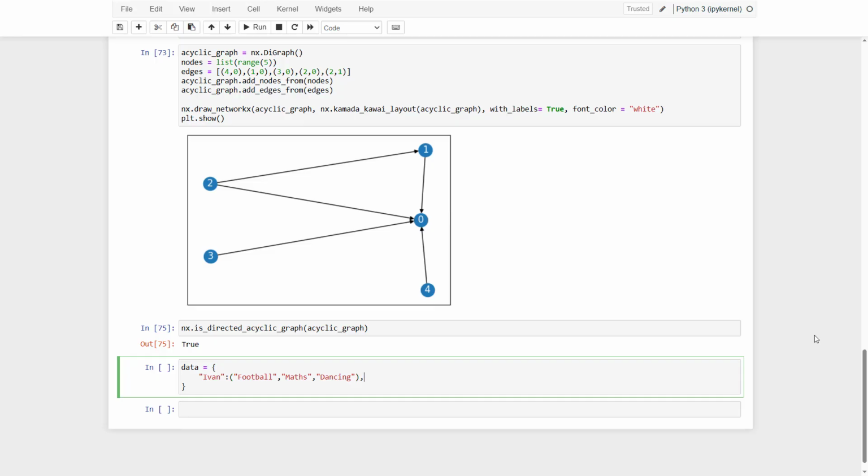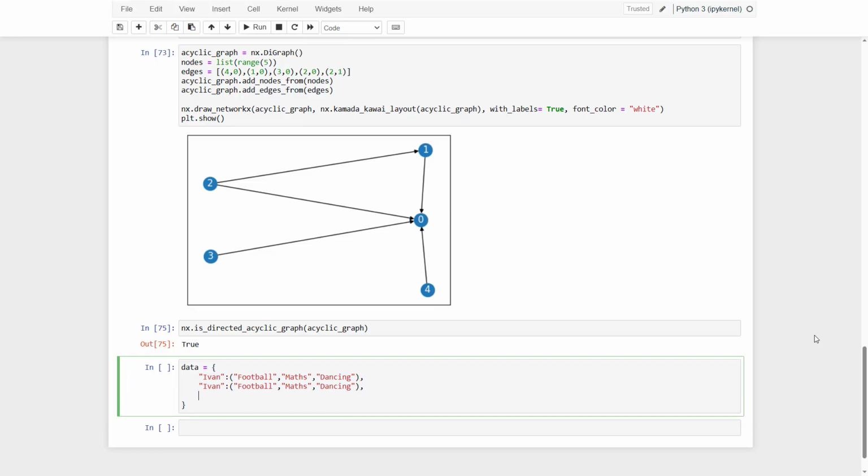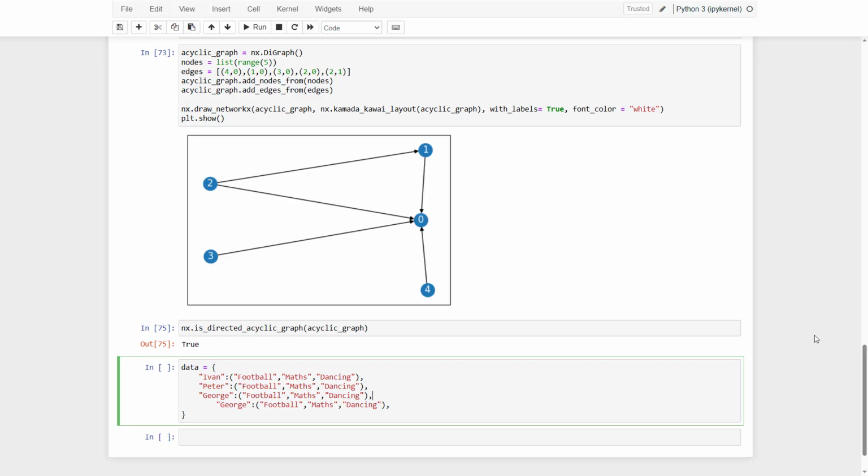Great, good job for Ivan. And let's build someone else, Peter, and we would have George. And also, it's Vitush Academy, so let's have Vitush. And Vitush is good in football, in maths, in dancing, in talking,